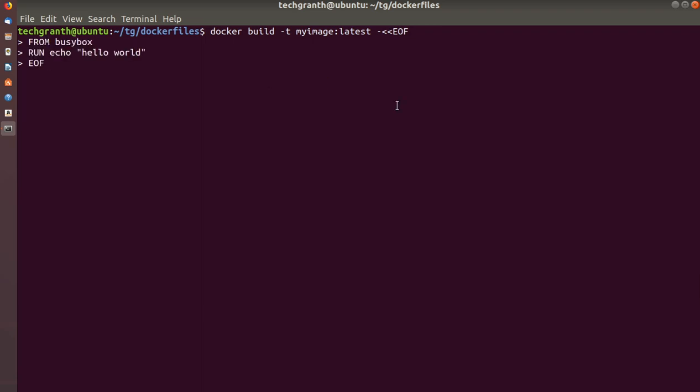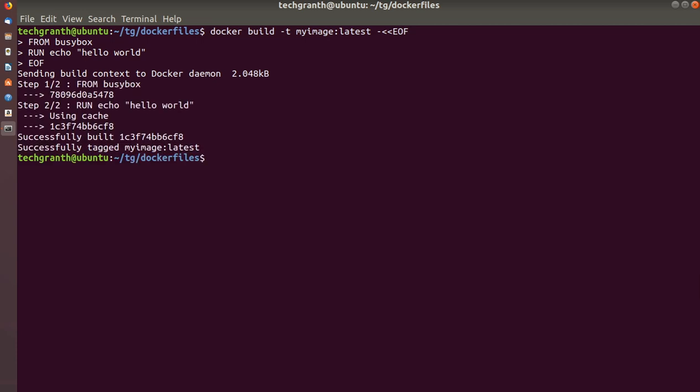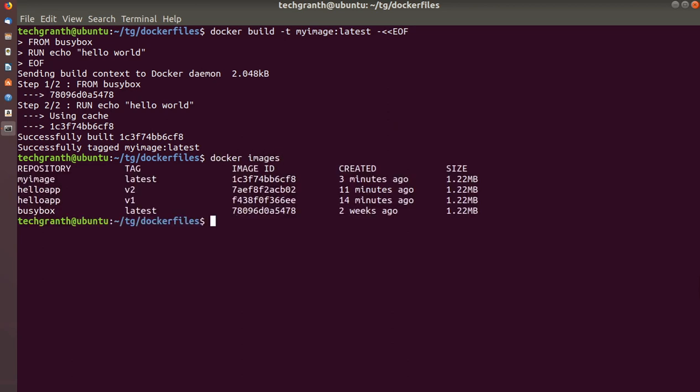Paste it. If I press enter here, you can see it is too fast. If we check docker images, you can see my image has been created with the latest tag.